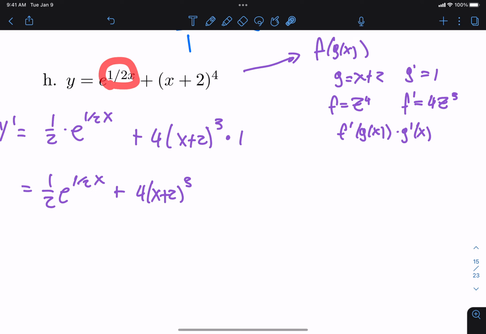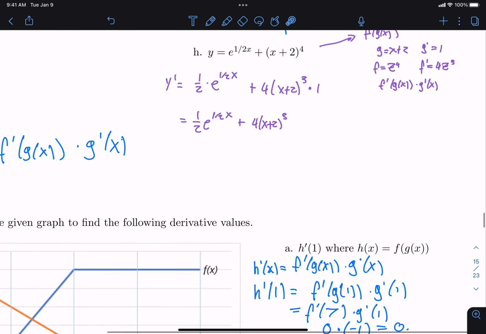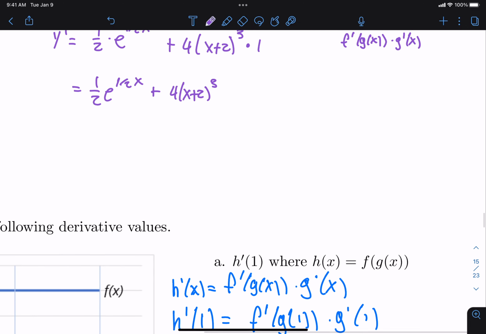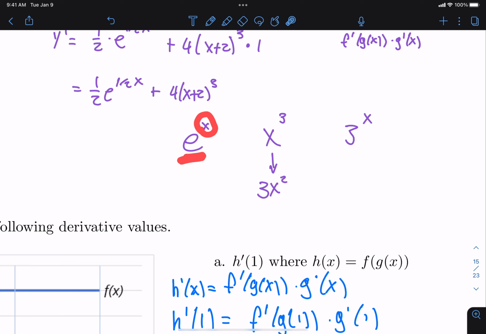Okay, yes. So that's because the power rule works for stuff like x to a number, okay? There's a big difference between x to a number and a number to x, so the way we do these derivatives is completely different. This one would become 3x squared, right? Make the power 1 less. But if x itself is in the power and the base is a number, then we have to use one